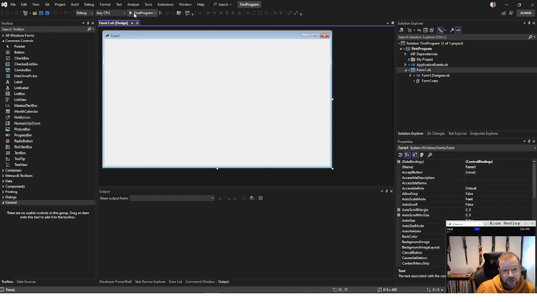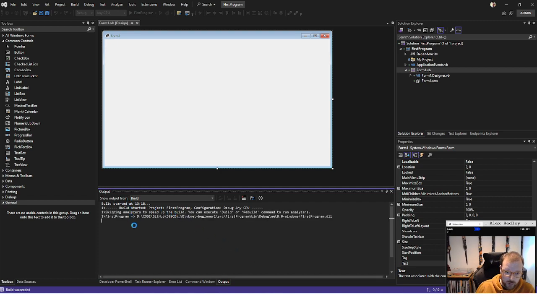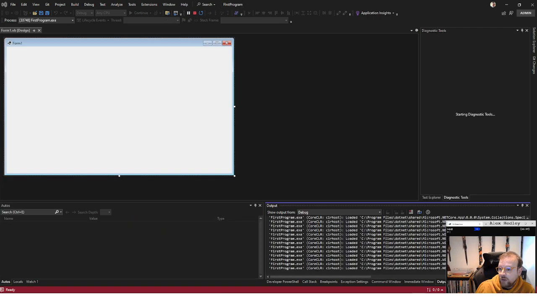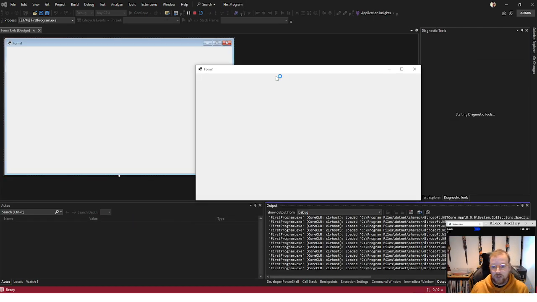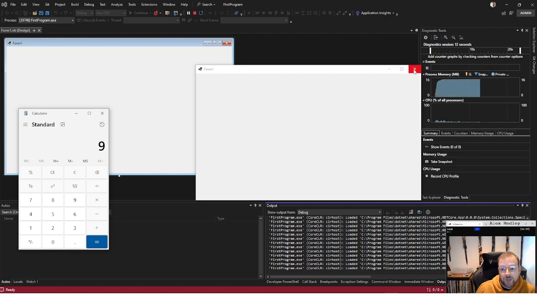As with VB6, there's the play button, so we're going to press play and run the application and see what shows. It'll take a few seconds to build, and we'll see the output in the build window, and then it's going to pop up on my other screen that isn't on camera. So I've dragged it over, and as you can see, much like the calculator, we have the minimize, maximize, and close, so we can do that. There's the main form options, so you can move it about,